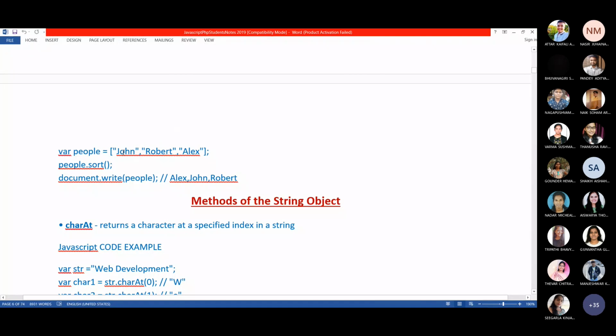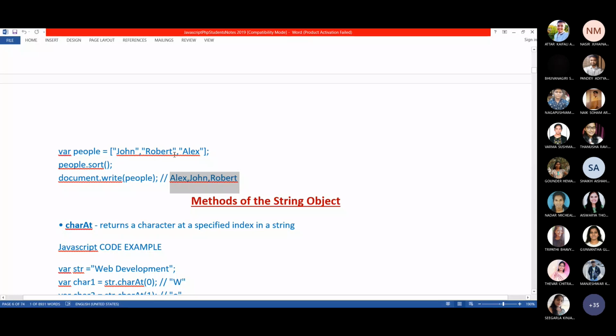There are 3 elements in that object, and then I apply the sort. No need to give any parameter. When you display the people object, the result will be arranged alphabetically in ascending order. A, then J, and then R. So Alex, John, Robert.